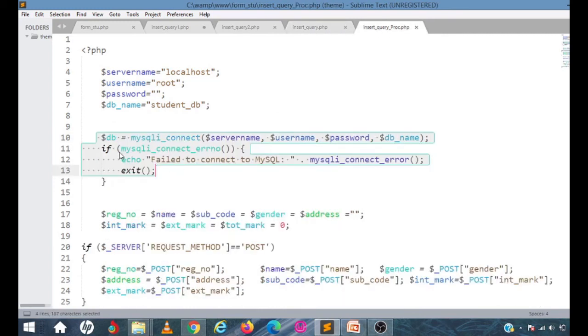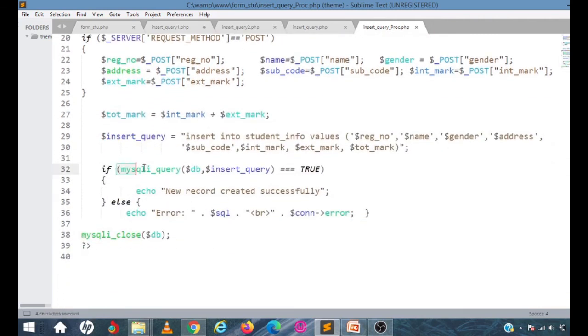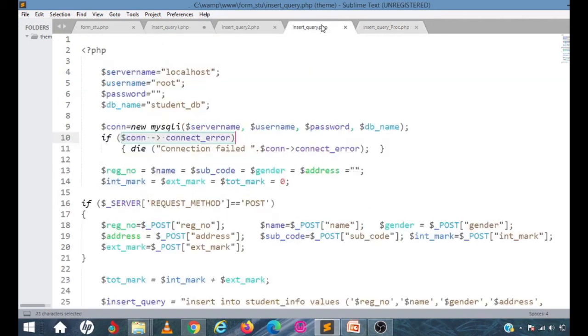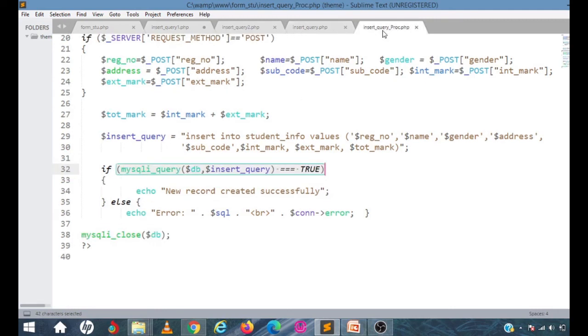This I am checking with mysqli_connect_errno. Similarly, to execute the query, I just say mysqli_query, $db, $insert query in the procedure oriented method, but in the object oriented method it is different. Here it is connection, object reference, and then query. Similarly, the closing also differs here, and the rest of the logic is the same.